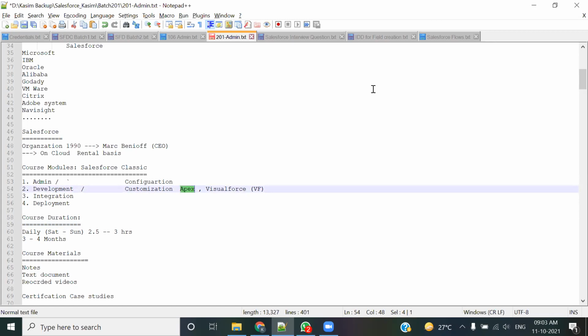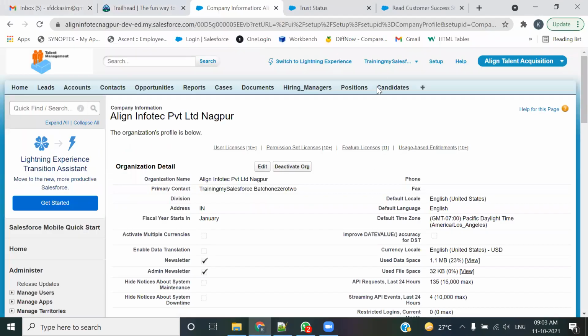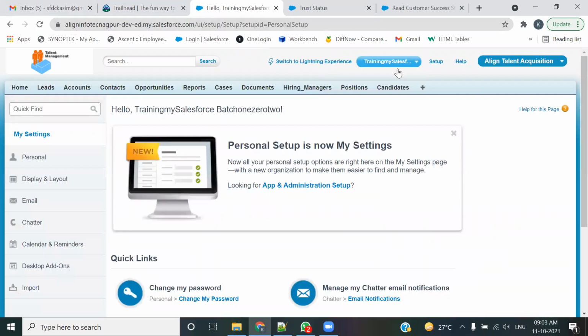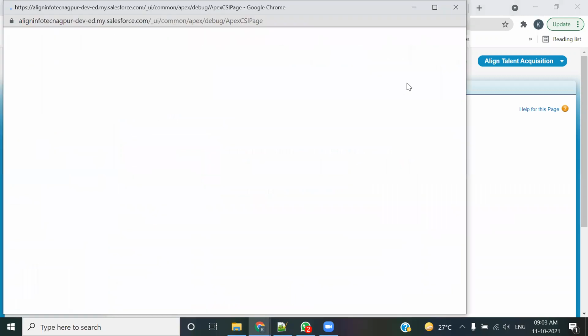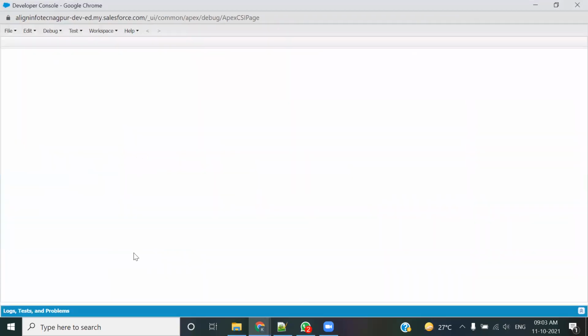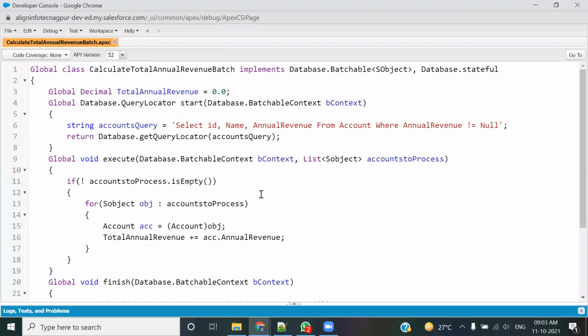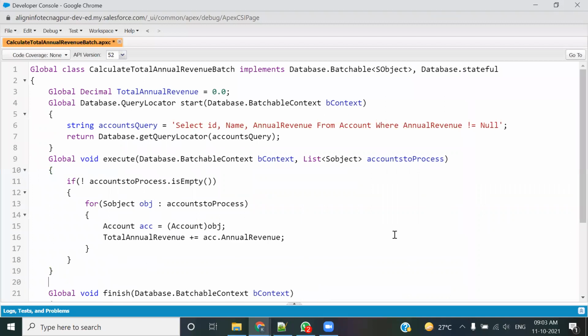called Apex. And how we actually program in Apex, let me try to show you that also. See, with Apex, 70% of the thing has already been programmed, and you just need to develop the 30% of the logic. Just 30% of it. So this is the whole coding that we have done.